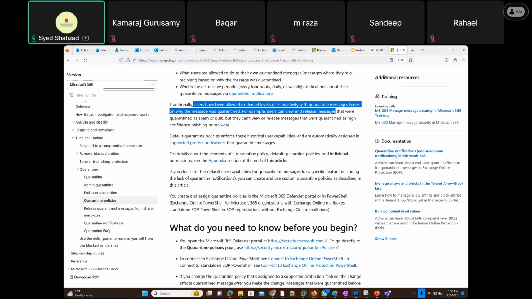Now you should check that in your organization. If users are allowed to simply unquarantine the message, seriously, I need to check on my organization as well. I didn't actually check that. For example, users can view and release. There are so many hundreds and hundreds of options. What can we check, right? So for example, users can view and release messages that were quarantined as spam or bulk, but they can't view or release messages that were quarantined as high confidence phishing or malware. So the thing is, do you want users to